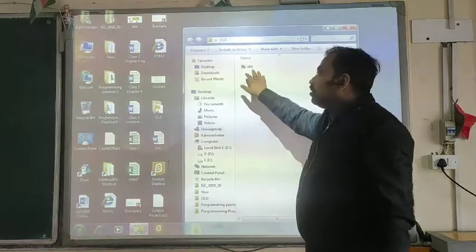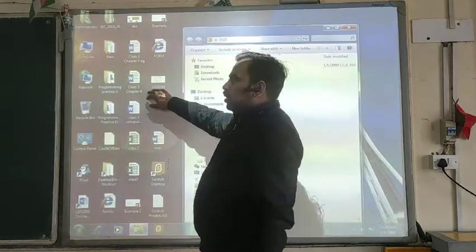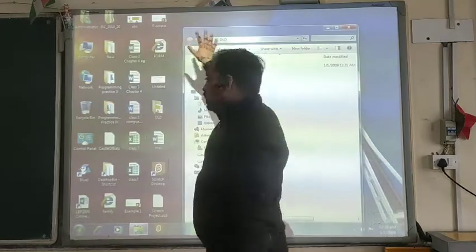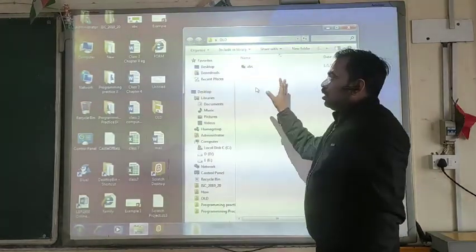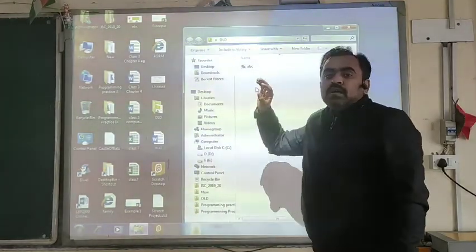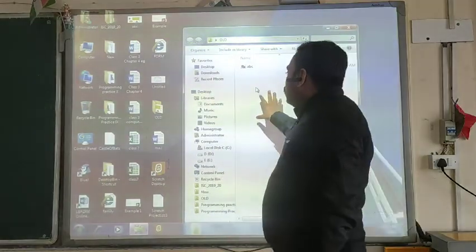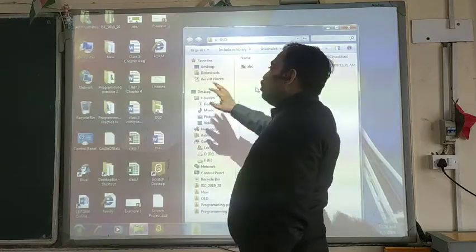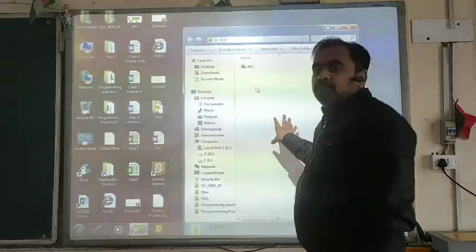So this is the function of copying a file. When we copy the file, it appears in the original location as well as the new location, both locations. This is how we have created a duplicate copy of this particular file.